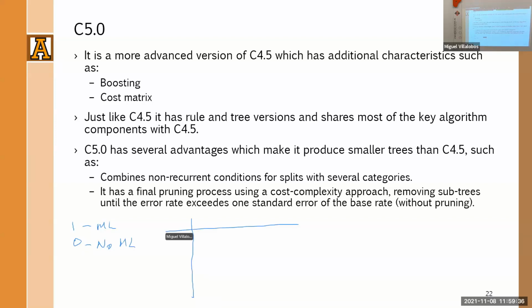This is my actual, 0 or 1, and this is my predicted, 0 or 1. If I have a transaction that is not money laundering and I classify it as money laundering, I have a cost here of that mistake. If I have a transaction that is money laundering and I classify it as not money laundering, I have a